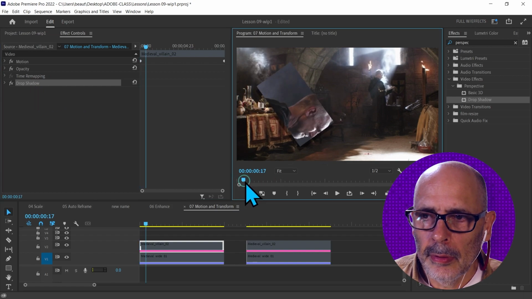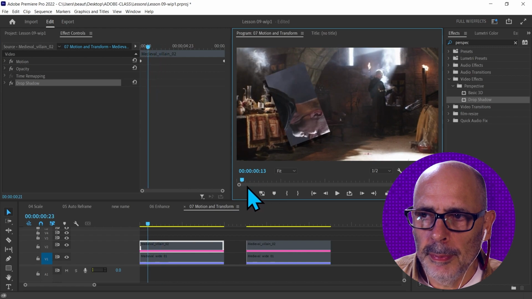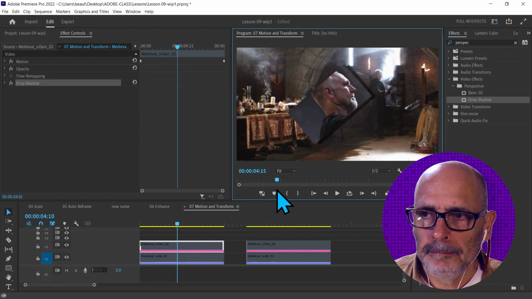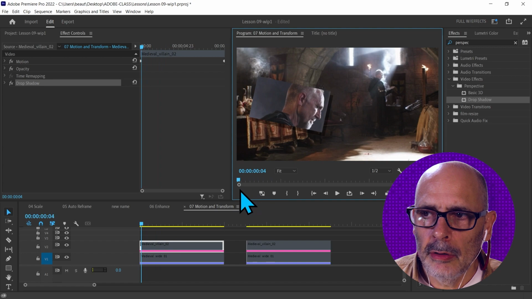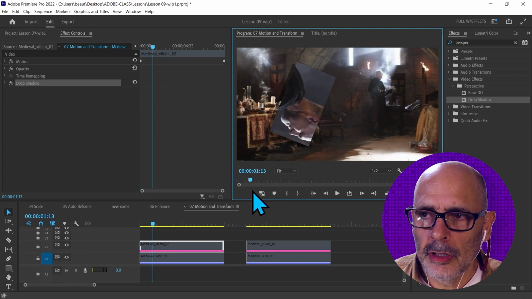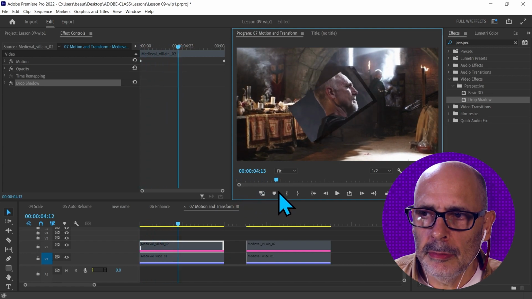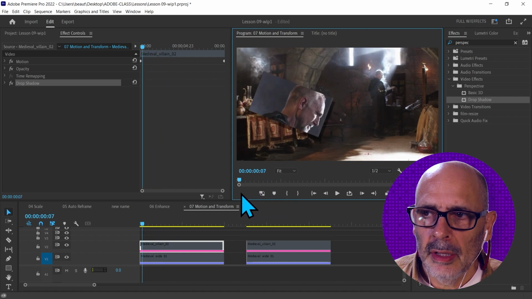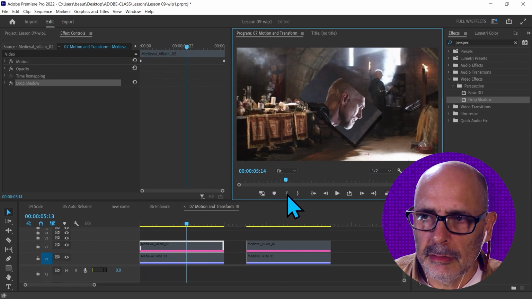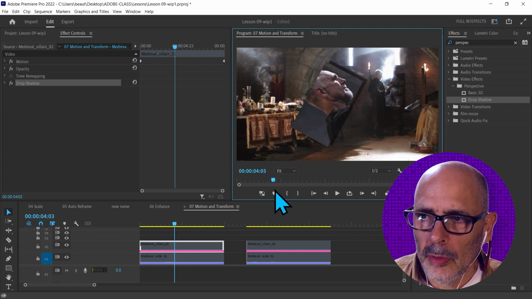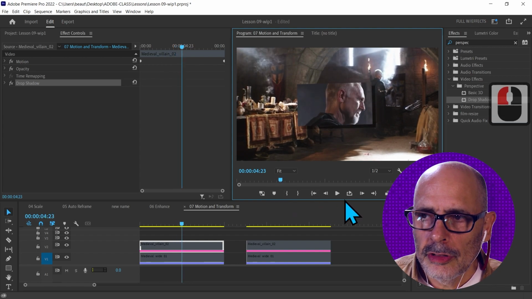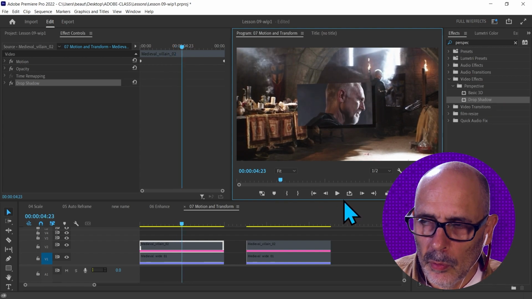So for example, we're doing a spin move in the motion tab. Therefore, the drop shadow is being applied first to the clip, and then the spin's being applied, which means that the drop shadow is actually being spun as well. So we don't want that. So how do you remedy that? Well,